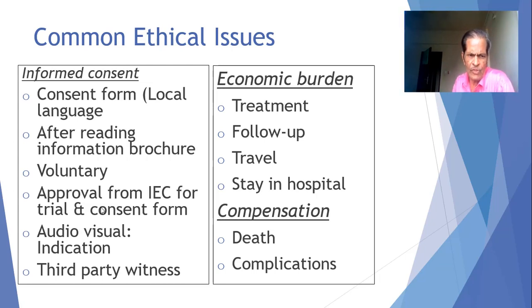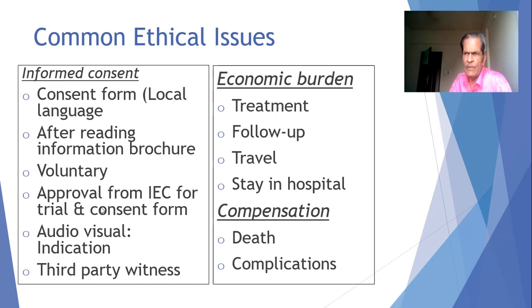There is also a provision of a third party witness. You are the one party that is taking the signature. The participant is the second party that is signing. You are also signing on behalf of the trial. Then the participant is signing as a participant, and the third party is one who is not any of these two. So other persons included in the trial cannot be included as a third party.